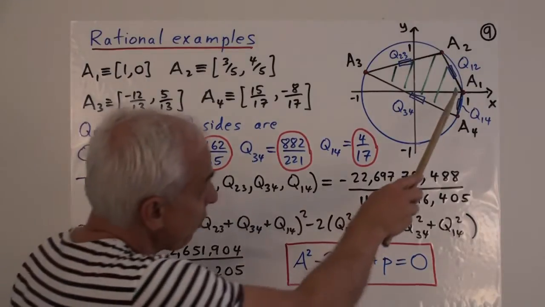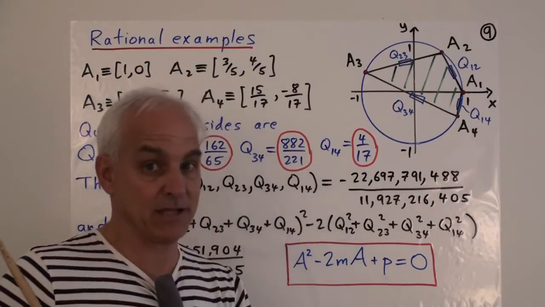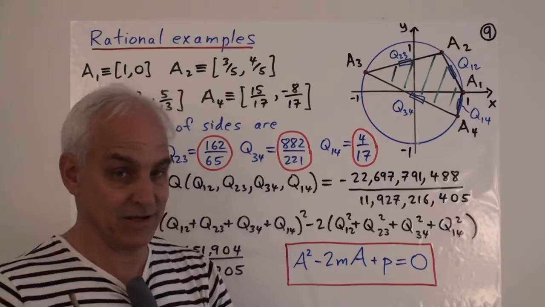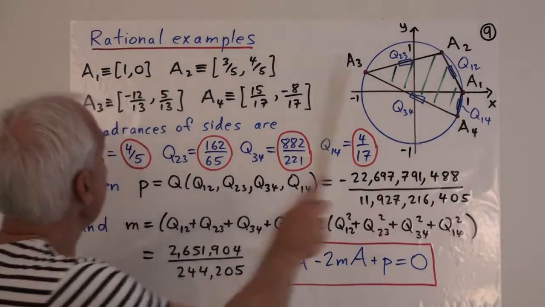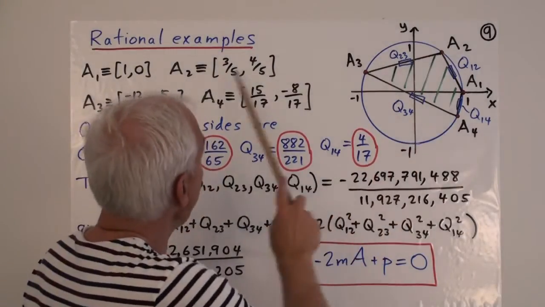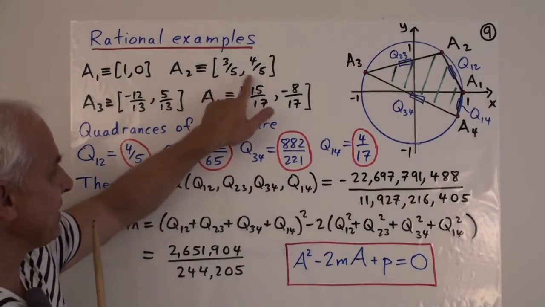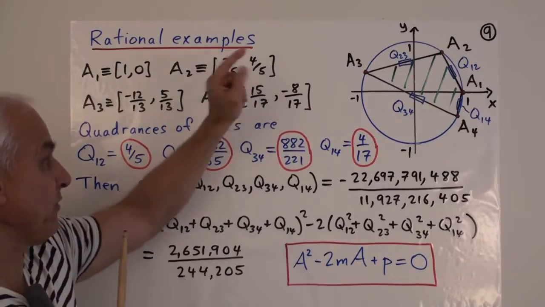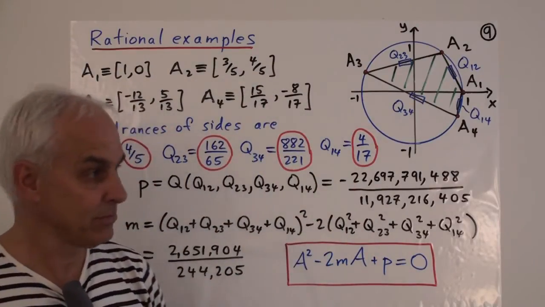And I'm going to choose 4 rational points on the circle, which are roughly in the same kinds of positions as the real number example ones that I did before. Roughly, but not exactly. So A1 will be the point (1, 0). A2 will be up here. It'll be the point (3/5, 4/5). We recognize this is a point that's exactly on the unit circle because 3 squared plus 4 squared equals 5 squared. That's our favorite Pythagorean triple.